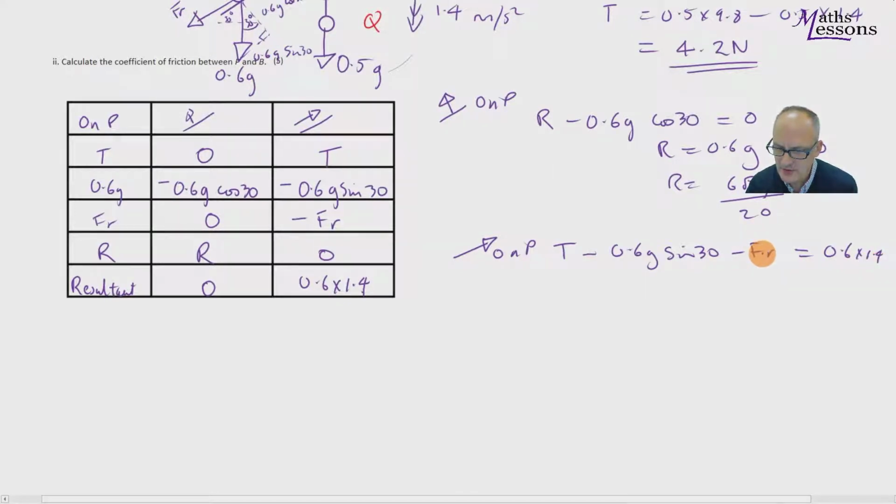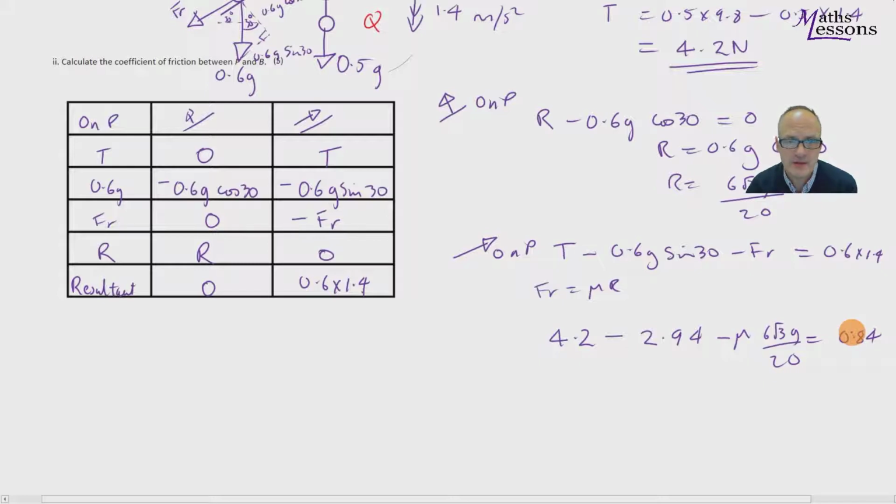Well, we know that FR equals mu times this, and we don't know what mu is because that's what we're looking for, the coefficient of friction. Okay, remember FR, friction, equals mu R. So I'm going to replace this with mu times all of this. Now, our tension is 4.2, so let's put that in. And 0.6 G sine 30 comes out to be 2.94 minus mu times all of this, 6 root 3 G over 20, and that's going to be equal to